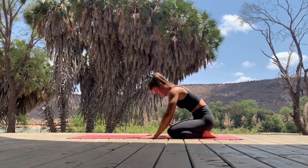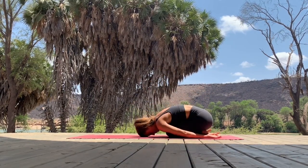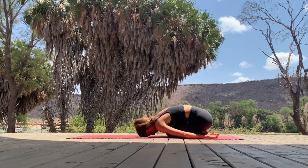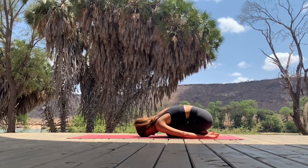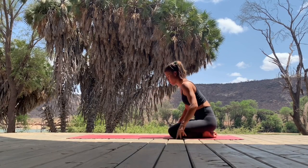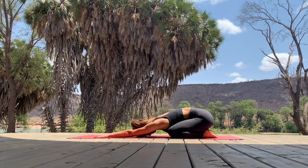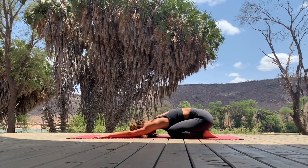Another option is to bring the toes together and the knees together, placing the palms facing up right next to your feet. It's a more restorative child's pose for the shoulders. So if you feel you've got a lot of tension in your upper body, you might like to adopt this variation of child's pose. We're going to be here for a few moments, so to settle into the pose, take